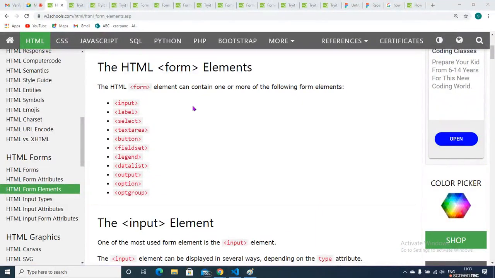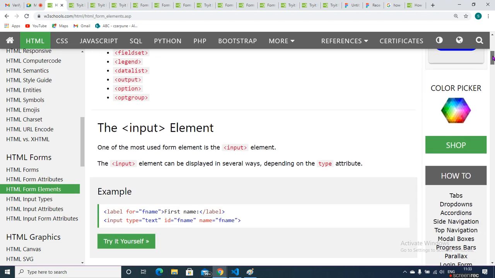These are some HTML elements. On forms there are different kinds of elements. As earlier we have explored input, then label, then password, then a different button. These kinds of input elements we have explored earlier, but there are many other input type elements. If we go one by one, then you will get more idea on those elements.